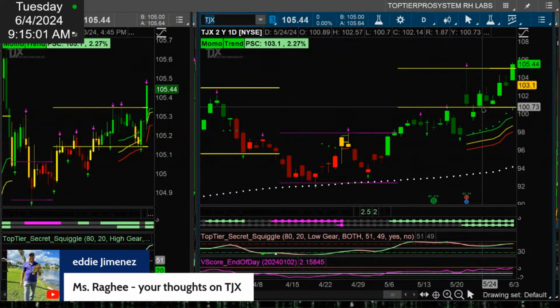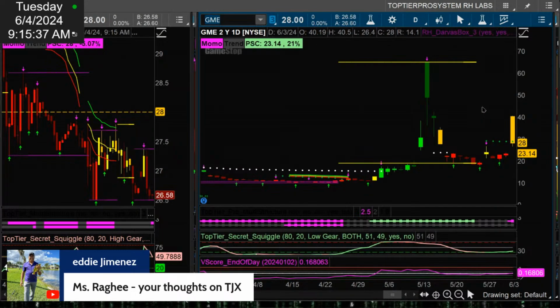I don't want to buy at a high, presuming that there are more buyers in line behind me, because really that is what momentum trading is. Momentum trading at its best is when you're at the front of the line at the initial point of the breakout, however it is you measure it. The danger in that is if there is nobody else willing to buy higher than what you just bought at, right? So it does require that you're at the front of the line or near the front of the line. And I think people that are looking at, say, GME, talk about a great example of this in hyperdrive. That's exactly what the game is here, right?